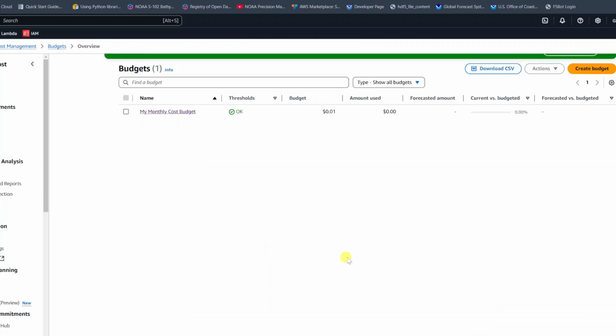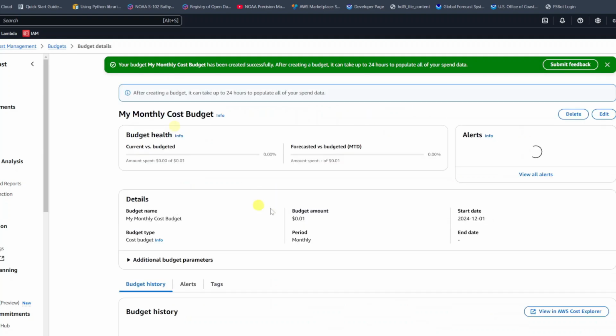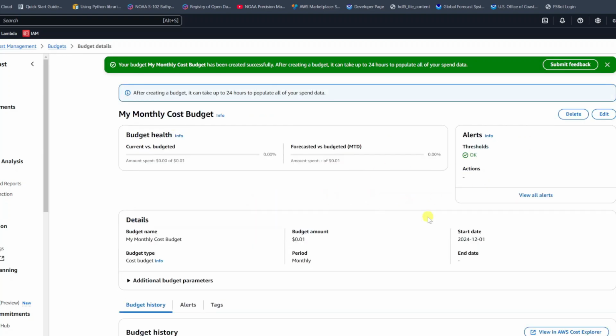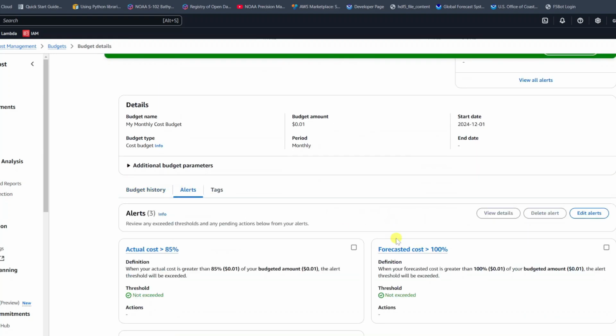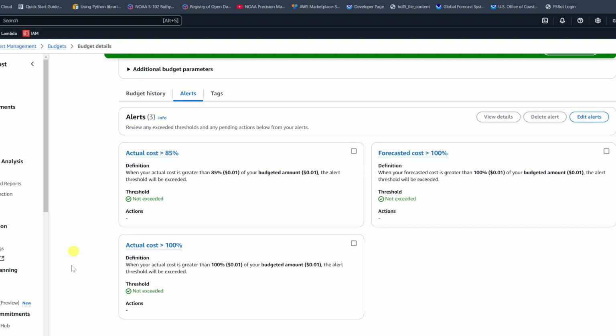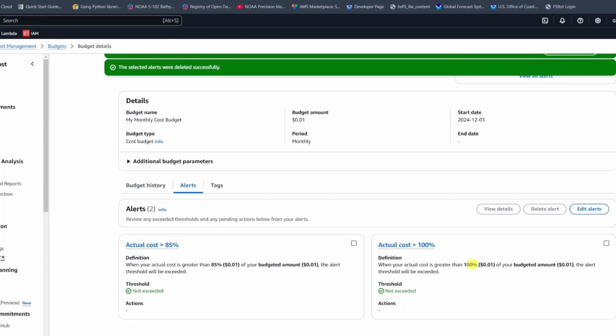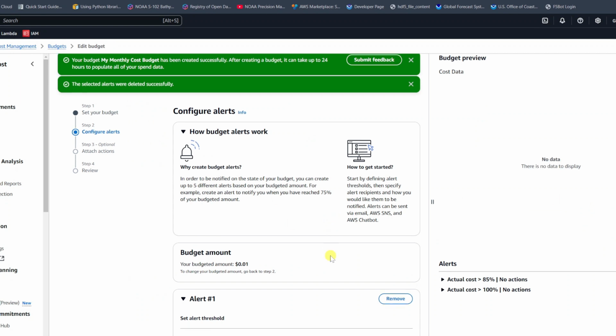The monthly cost budget. And then it's going to automatically set up 3 alerts for you, but we're going to edit these, and we'll start by deleting the forecasted cost. And then it sets up an 85%, but we want to change this to 80%. So click Edit Alerts, and then scroll down, change that to 80, and we want this to be 80% of